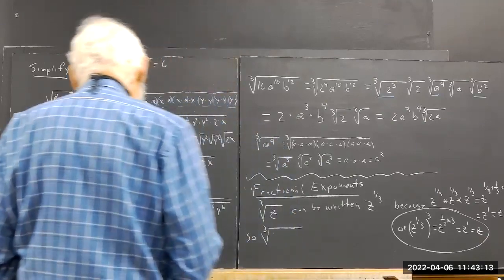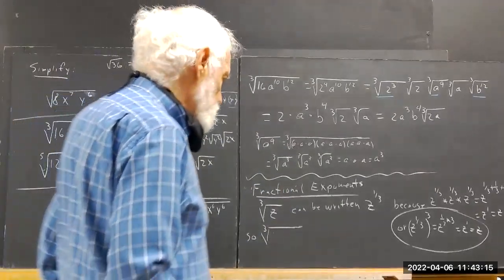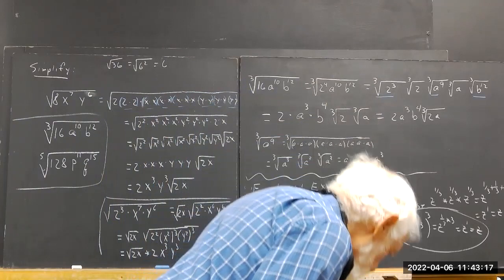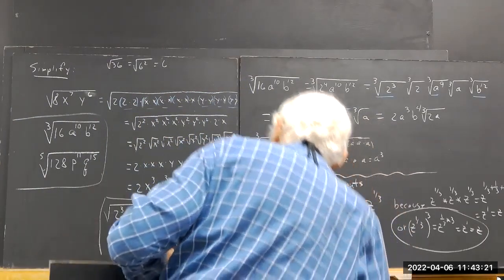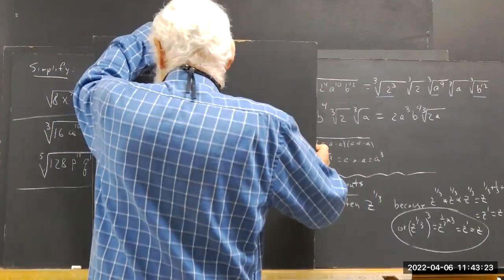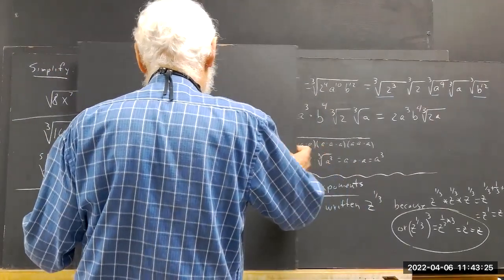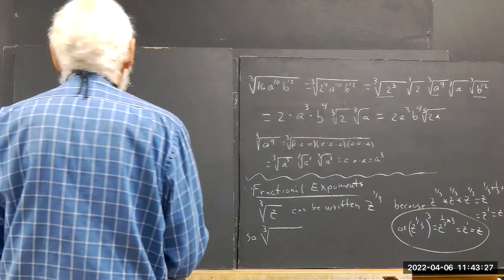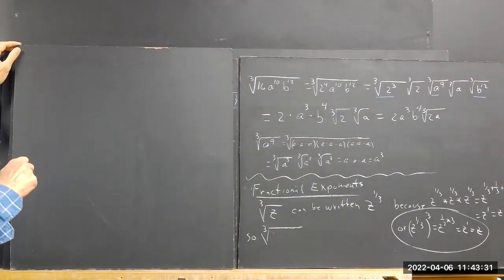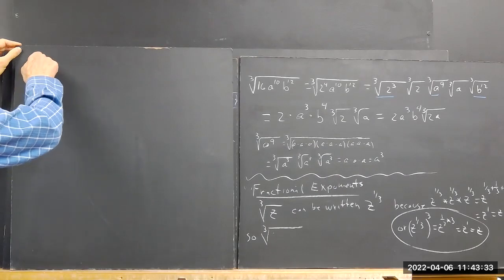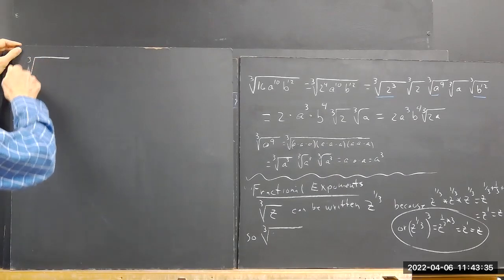I'm just trying to see how to get it on one board. I can't see how to do it. So I'll pull up another board. Okay, we got this. So the cube root of